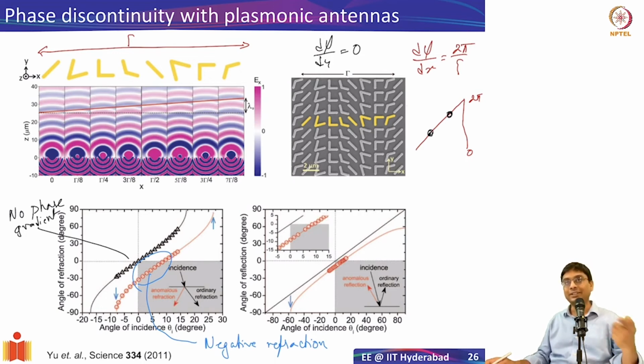You can have not just refraction, but also reflection. The traditional law of reflection, for any planar surface, is that the angle of incidence equals the angle of reflection. But now I can break it. I can make it go at a slightly different angle from what we have. So that's anomalous reflection. We can even change it slightly depending on the phase gradients. The challenge will be how much, and all that. It's not a very difficult thing to compute.